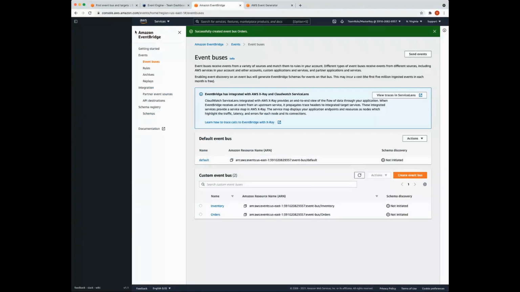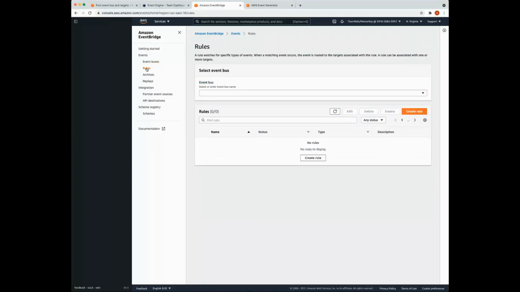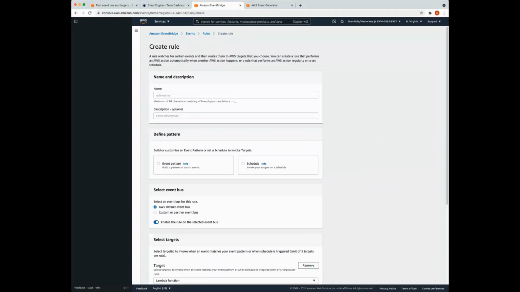Just click that hamburger stack icon to get it open, and we're going to click on the rules link, and we're going to go ahead and click Create Rule. So we are going to call this rule the orders dev rule. And for the description, we're just going to call it a catch-all rule for development purposes.